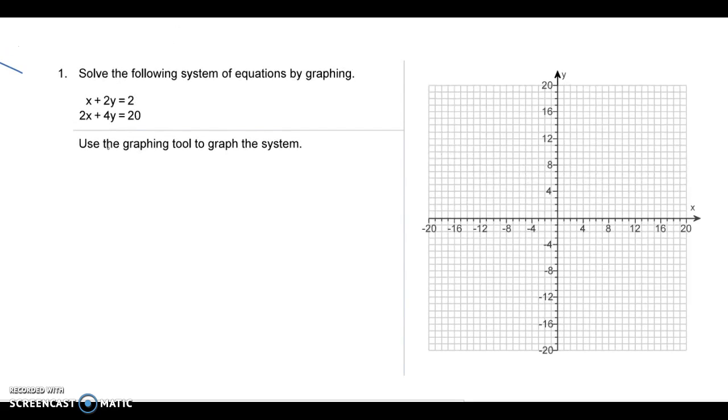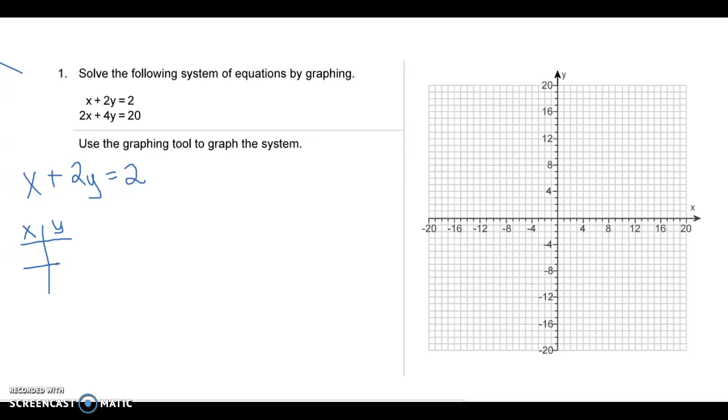Okay, we have x plus 2y equals 2. Now, you can notice that this constant 2 will divide by the coefficient here, which is 1, and this 2 will divide by 2. So if you check that, you can make a little xy table,